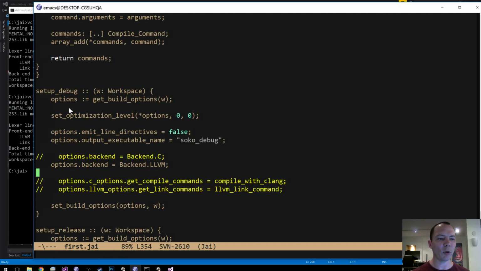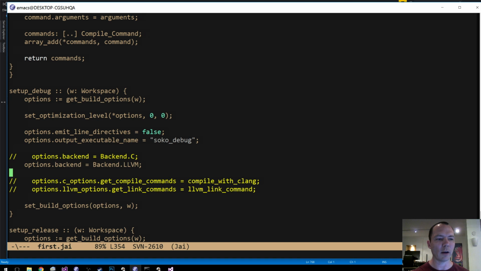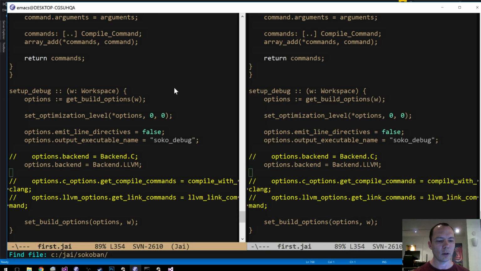Remember, we had this build options thing. I'll go dig that out for a second. Well, for extra context, for people who haven't seen these before, or for people who have forgotten, what happens is